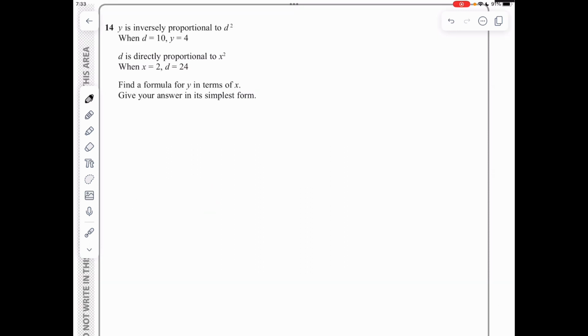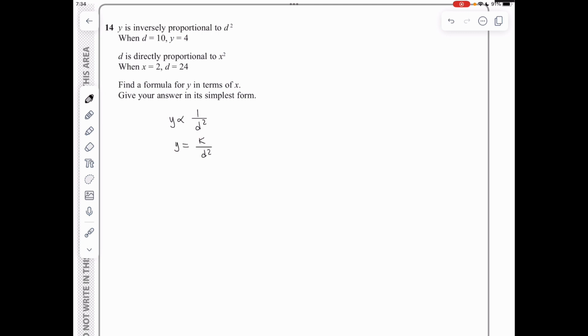In 14, we are told that y is inversely proportional to d squared. We know the value of d when y is 4, and then d is directly proportional to x squared. And again, we've got a pair of values for x and d. We need to establish a formula for y in terms of x, giving our answer in its simplest form. So starting with the first piece of information, y is inversely proportional to d squared. So y is proportional to 1 over d squared, which means that y is k over d squared, where k is